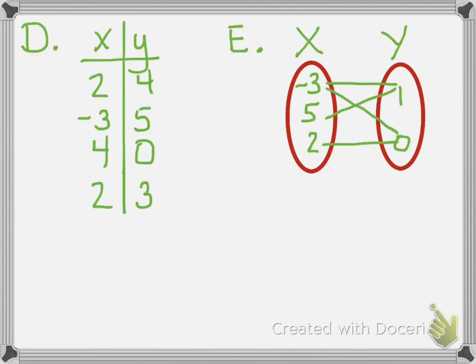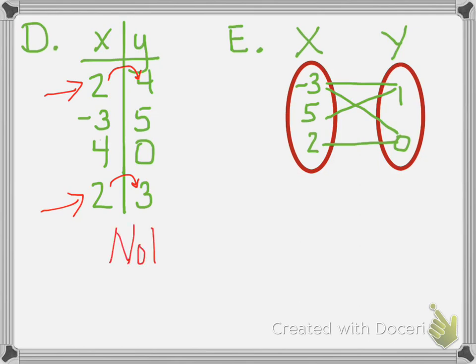Here's another table. So take a second and look at that and see what you notice. Pretty quickly you should notice that we have a 2 and a 2, so I have x's repeating. That should clue you in immediately to start thinking, let's see if they're giving me the same thing. So 2 gives me 4, great. That means the next 2 should give me 4, but it doesn't. It gives me a 3, so this is